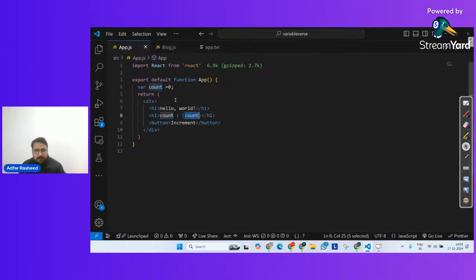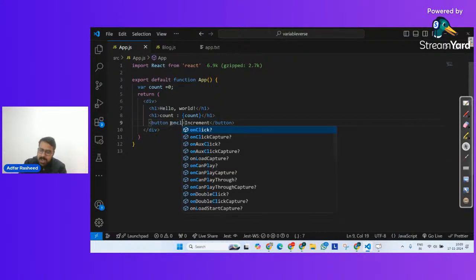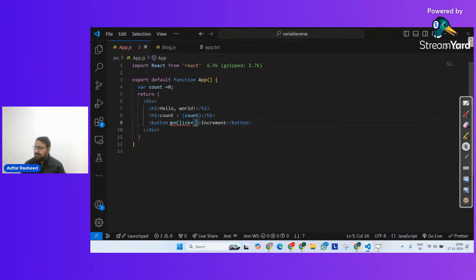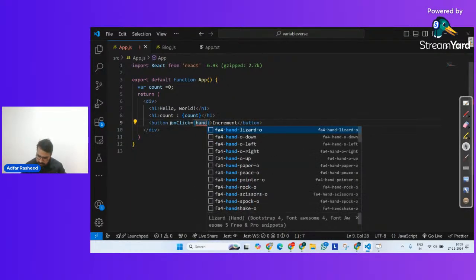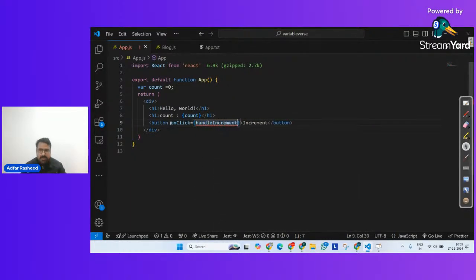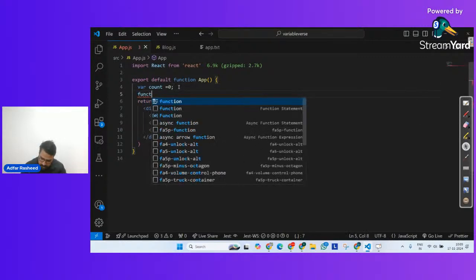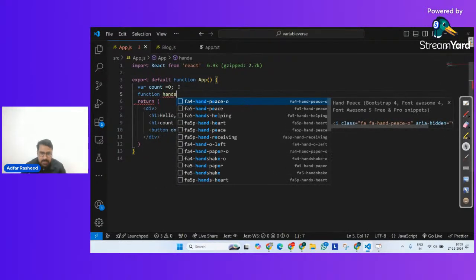After that, what is it that we want? When I click on that button, whatever content is inside count, add 1 to it each and every time. Which means I will add an onClick event. So I will add an onClick event over here, and let's suppose I call a function named handleIncrement. So let me create a function with the name handleIncrement, like this. Now, let me define this function. So function handleIncrement